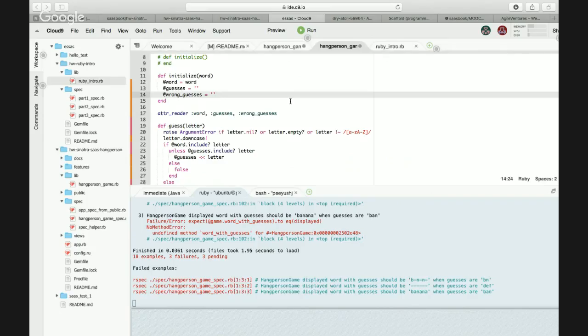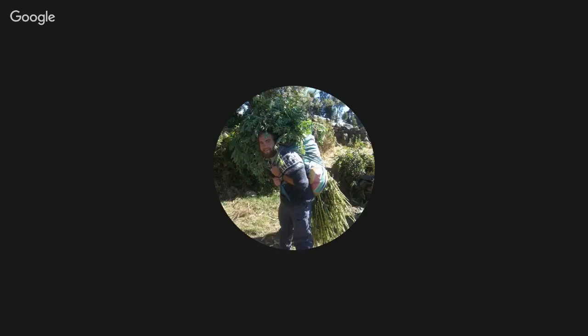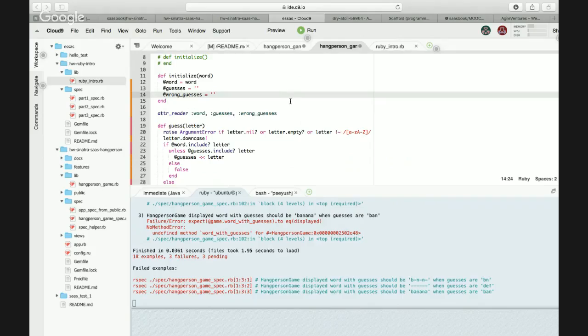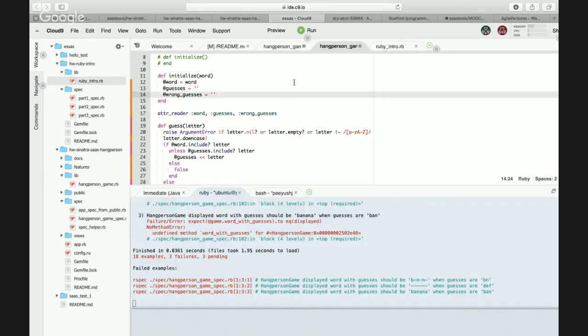By the way, what was your point in creating an instance variable here? Just to store the state of the game, you know. Okay, but I think it's not necessary. So you want to declare it as a class variable? That's what I was thinking, but I don't think it's necessary now. Okay. So I'm defining the method here, word with guesses, like you said.